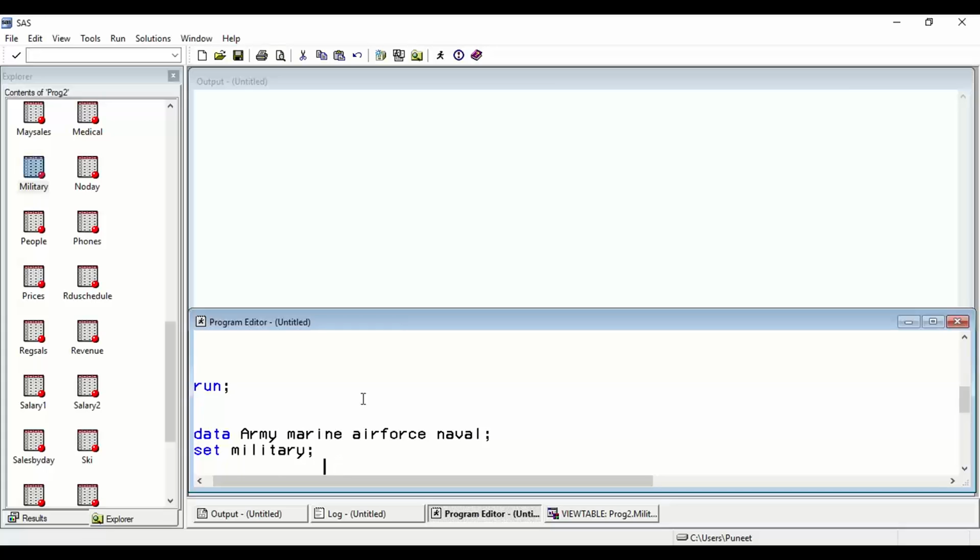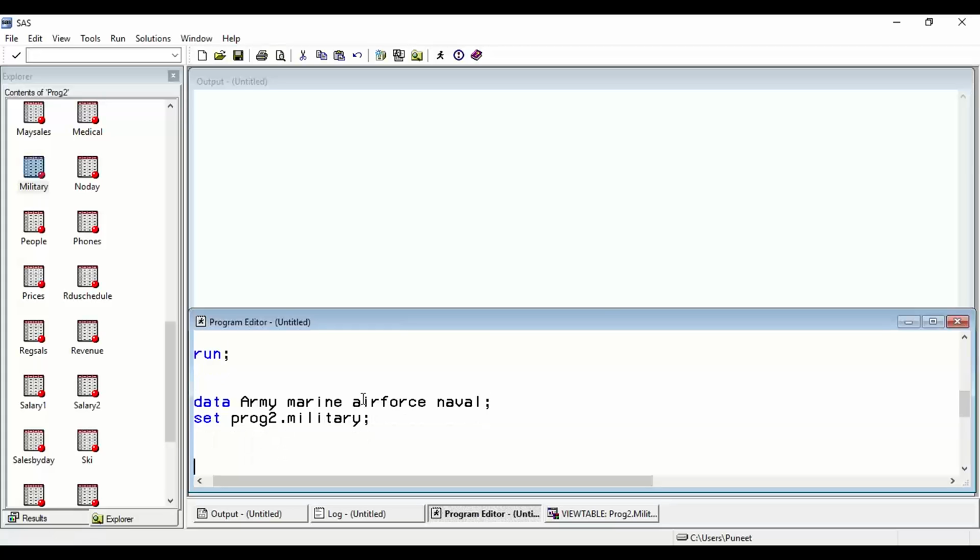Yes, right, Jatin. We need to mention the library of military, so that is prog2.military. Thanks for this, otherwise I would have got an error. Now I will say if type is equals to